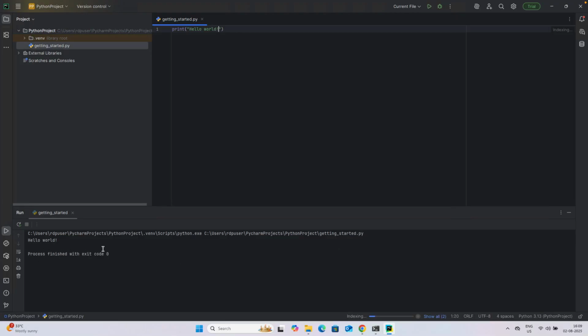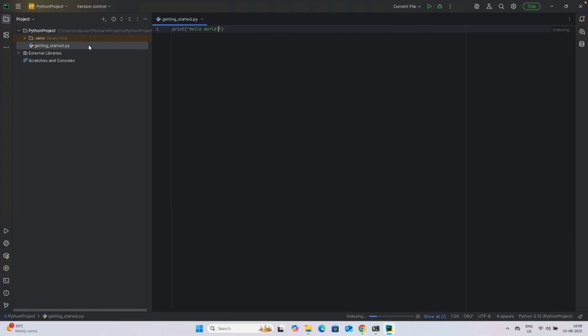Okay, so this is how you can get started with PyCharm and install it and use it. All you have to do is make sure that you have installed Python on your machine, and then you can create a project with a virtual environment, create your files and work on it. All the files that you work on in this project will be stored here. You can also explore the settings in order to increase the sizes, fonts and everything. So yeah, that's about using PyCharm. Try these things as well.